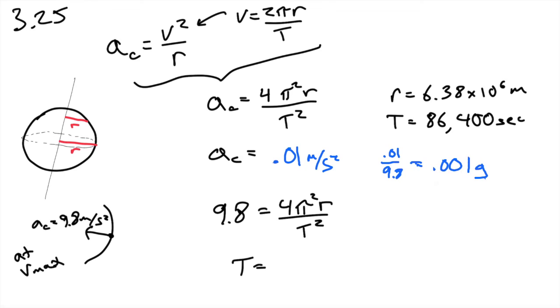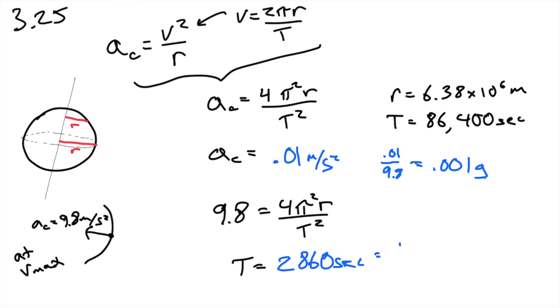Okay, now it wants to know what the maximum speed is, or what the period of the Earth would be so that the Earth's rotation would be so fast that you fly off into space. The most gravity can supply is 9.8 meters per second squared. Any more than that, and gravity can't make you go in a circle. So we plug that information in here, and you get a period of 2860 seconds,